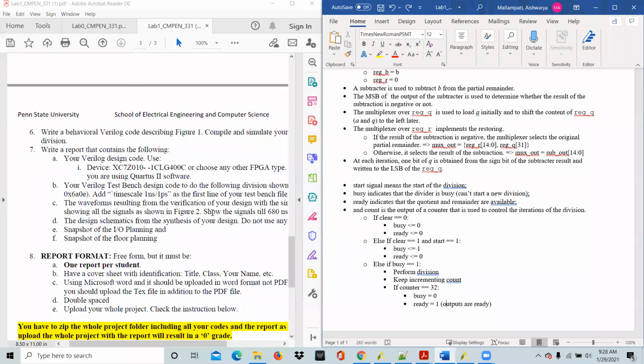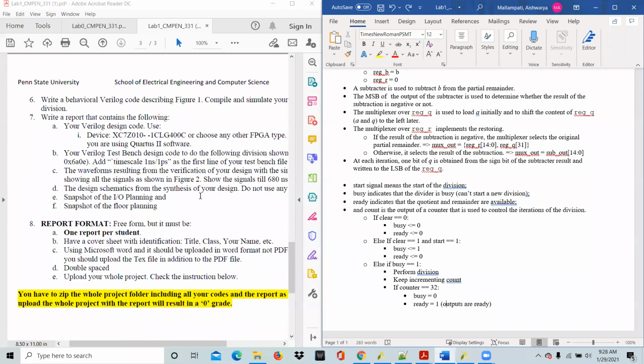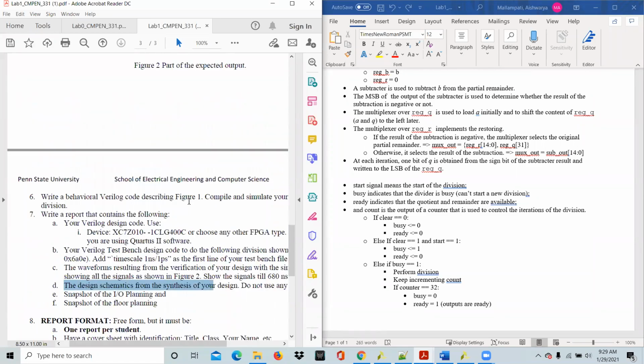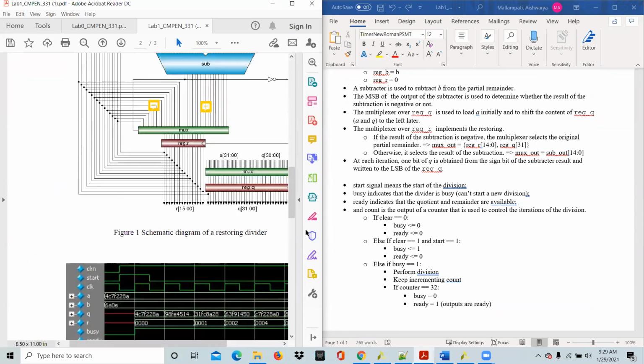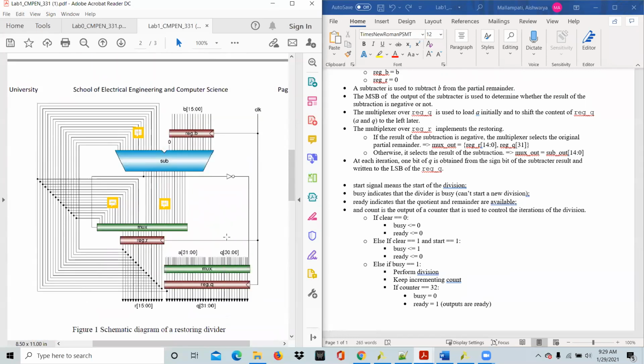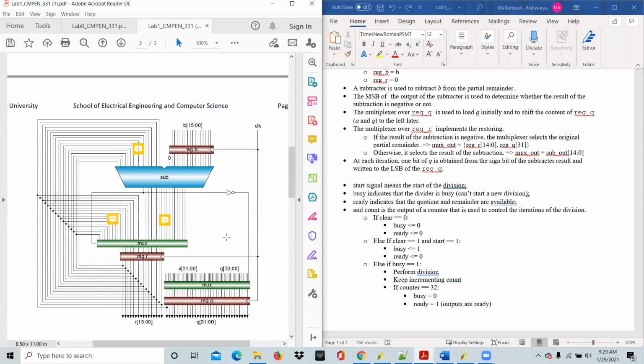and perform division. The report submission and other stuff remain the same. We have to use the same device number. You have to take screenshots of your simulation, the synthesis, IO planning, and floor planning. Along with your Verilog code, you are supposed to place all this in your report. If anyone has doubts regarding this restoring division, you can